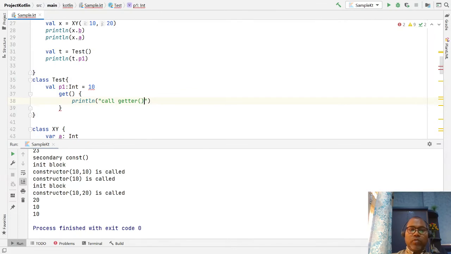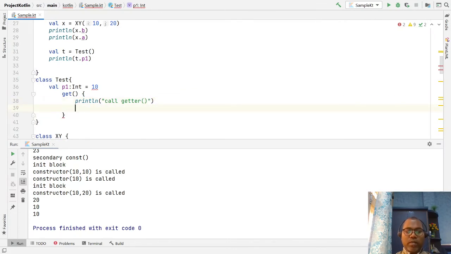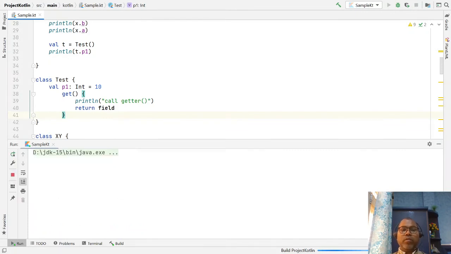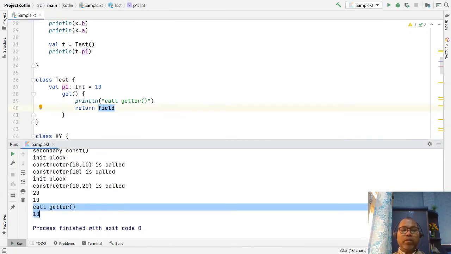To ensure it, you return the value of your field. If you run it now, you can see the call to the getter with the value. So in this way, for the variable p1 we have a field and we have a getter.